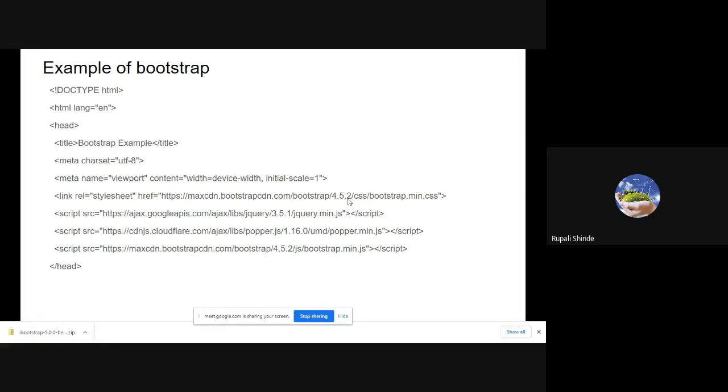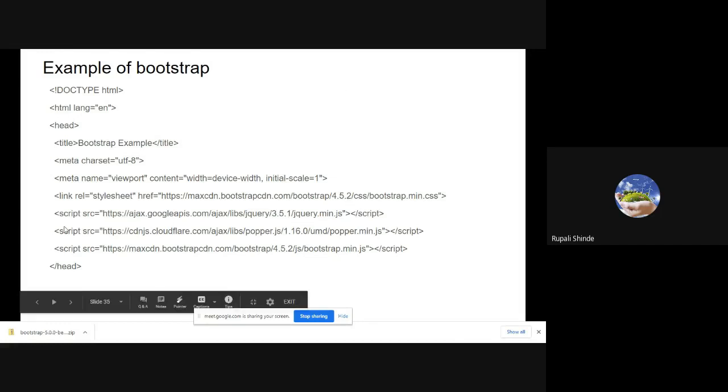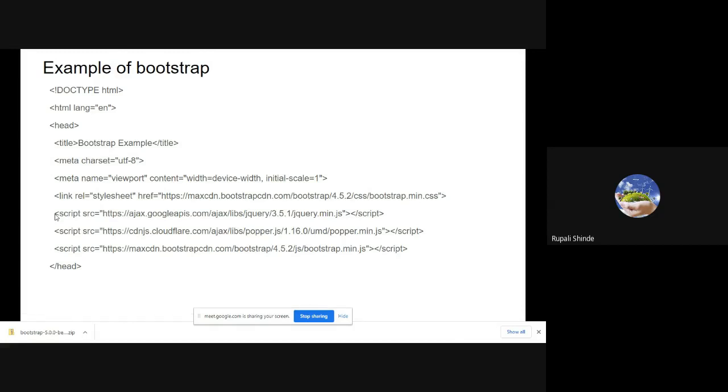And again I told you, you require some scripting language or some script to execute your program. So it is also available. You can copy it from the same slide, or it is available on the same website, getbootstrap.com, which is the official website. Again it gives you the CDN path and all the scripting files. You just have to copy that path and all the scripting files. So whatever JavaScript you require, whatever cascading style sheet you require, it is readymade and available to you, and you can directly use it in your application. It is the important part regarding online Bootstrap.